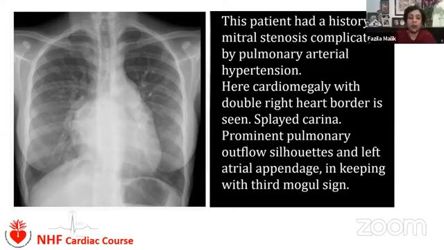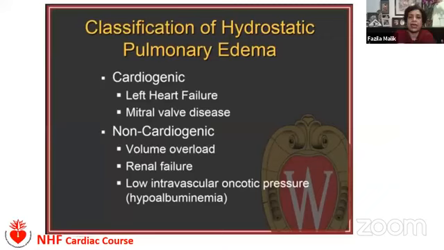On the other hand, even with very severe mitral stenosis, there might not be gross cardiomegaly, but cardiomegaly only happens when there is pulmonary arterial hypertension leading to enlargement of the right atrium as well as enlargement of the right ventricle. So here there was pulmonary hypertension, and there is a third mogul sign. So once the patient develops increased pulmonary venous pressure, there is a chance that the patient might end up with pulmonary edema in case